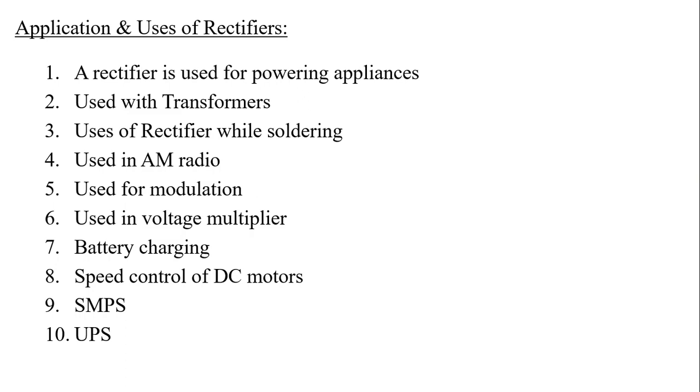Uses of rectifiers in circuits. A half wave rectifier is used in firing circuits and pulse generating circuits and used for modulation. For demodulating the amplitude of a modulated signal, a half wave rectifier is used in a radio signal to detect the amplitude of a modulating signal. The full wave bridge rectifier is used.